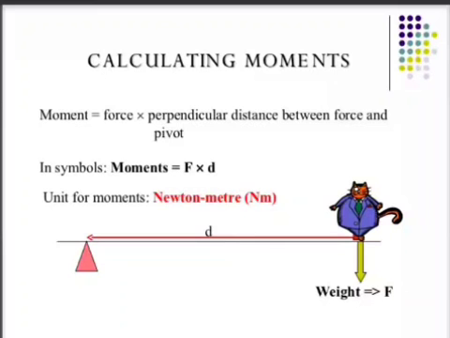How to calculate the moment? What is the definition of moment of force? It is the product of force and perpendicular distance. Which distance? The distance of the person from the fulcrum. Here you can see the distance d is from the triangle which is fulcrum and the person. So always it is force into perpendicular distance. Means what? The distance between the point of pivot, means the fulcrum or the axis of rotation, and the force applied. Its SI unit is Newton meter. How did we come to Newton meter? The unit of force is Newton and unit of distance is meter. So it is Newton meter.